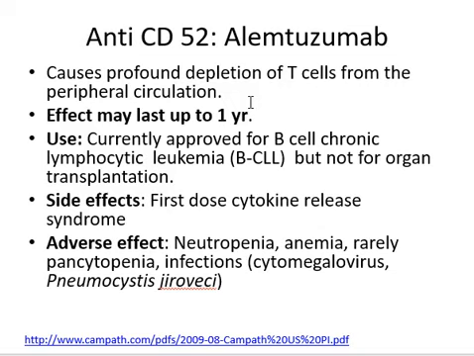So where do you see this approved? Well, it's got a lot of different approvals that are constantly changing. This literature is evolving very rapidly, but it's currently approved for B-cell chronic lymphocytic leukemia, or BCLL. When I wrote this a few months ago, it hadn't yet been approved for organ transplants. That might have even changed since then. But for some of the pro-inflammatory GI conditions, this drug has been used with some degree of success. There are a few clinical trials that look at how we can use this drug to treat